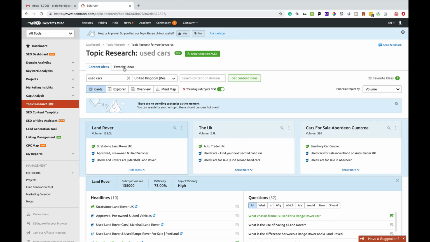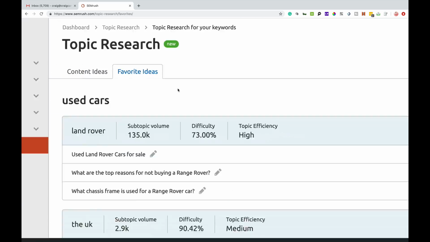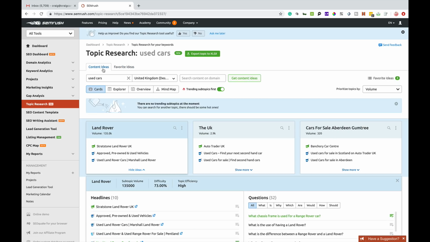So what we can do is, if we look at the second tab, it's got all of your stuff here stored for you that you can then export by using the big green button. So you can go through all the different cards and just click and favourite all the good headlines or questions that you want to use, and then carry on from there. So we'll go back to content ideas. So that's what cards is. That tab there